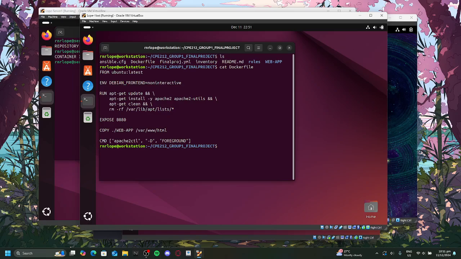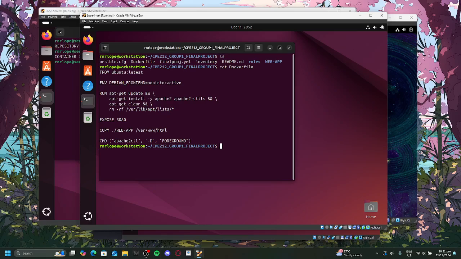In our Dockerfile, we are using Ubuntu latest for our OS, and we have set DEBIAN_FRONTEND to noninteractive. We make it so that it can run updates and install Apache and Apache utils, and also clean and remove the contents of lists under the directory /var/lib/apt.